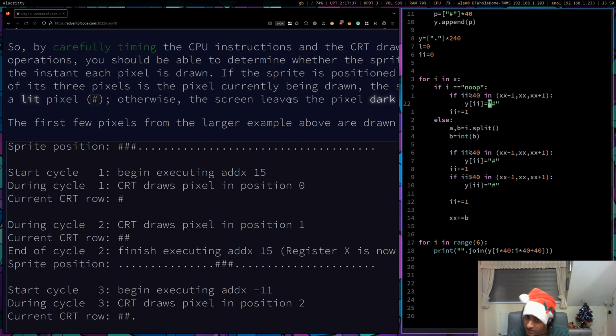Once I've done that, if the sprite does cover your current cycle / pixel position, then you just update that pixel position in my long CRT list to lit, which I do with the octothorpe here. It's pretty much the same code as before, same idea. And then to print out the answer,